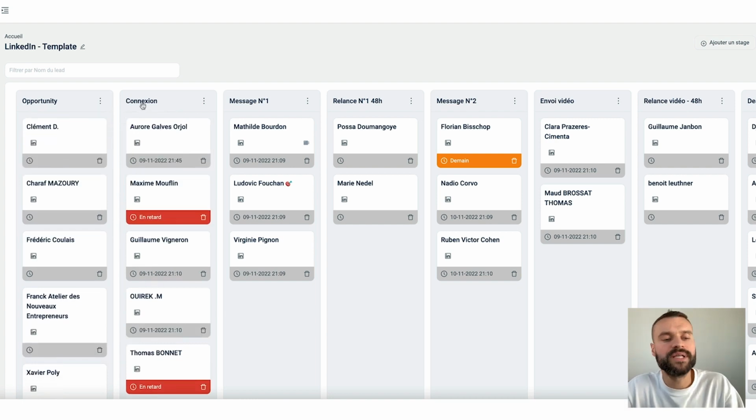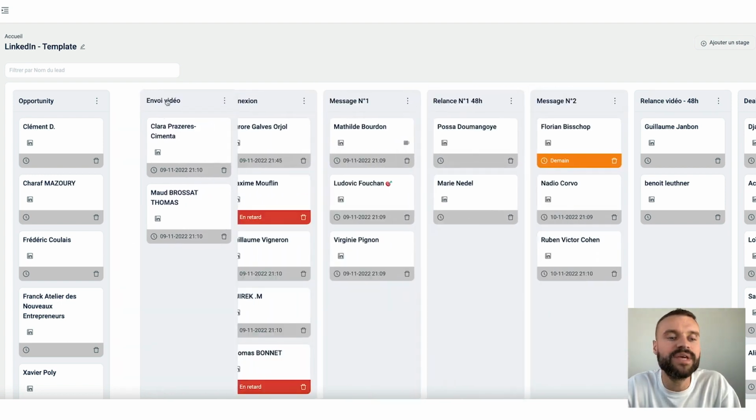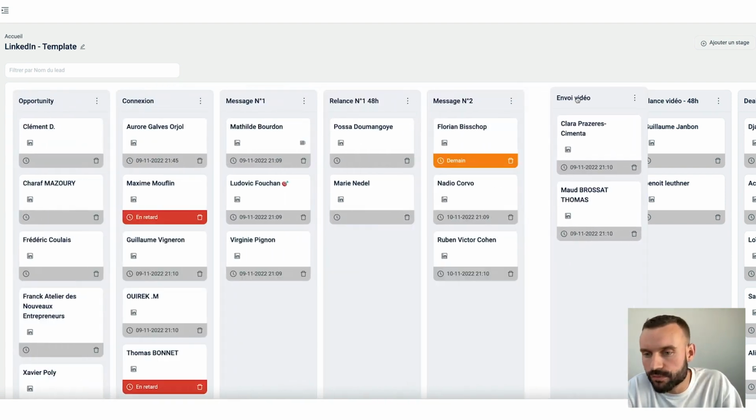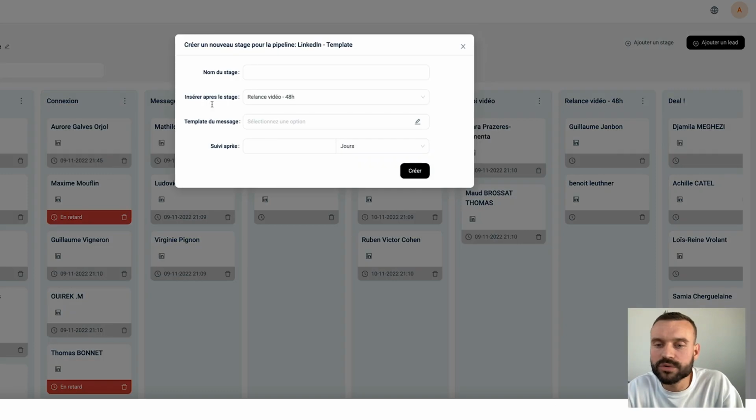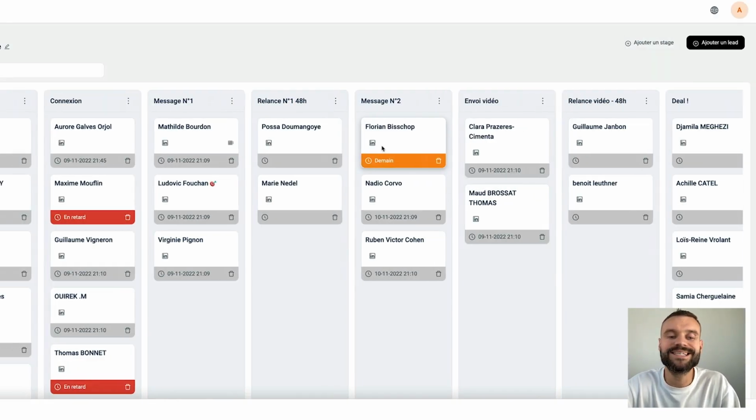Here, for example, on LinkedIn, my first step would be a direct connection request. What is very powerful in ClarkUp is that you can assign message templates directly to all steps. Of course, the steps I show you here were created specifically for this pipeline and strategy. You can apply the strategy if you want. You can modify your pipelines and move them however you want, like I show you here. You can add steps to your pipeline with the click of a mouse and implement the strategy that works best